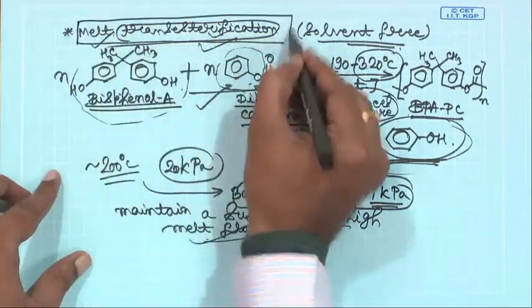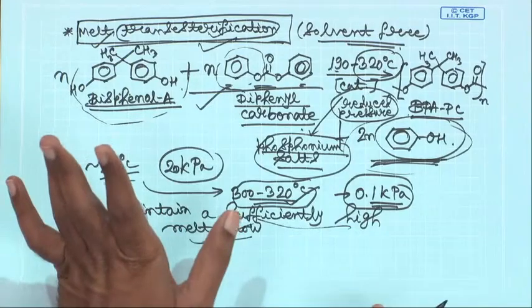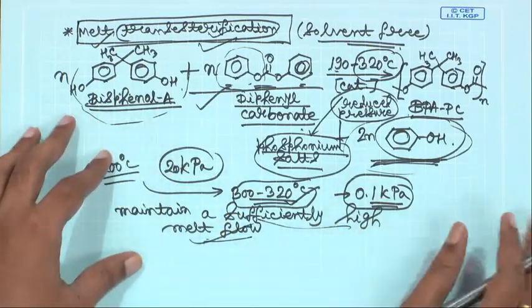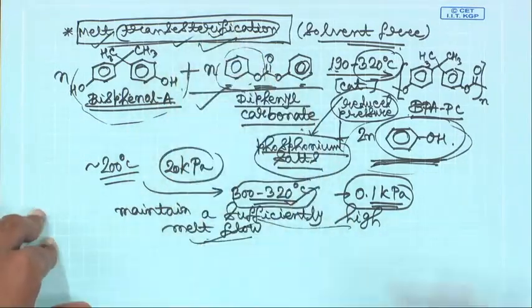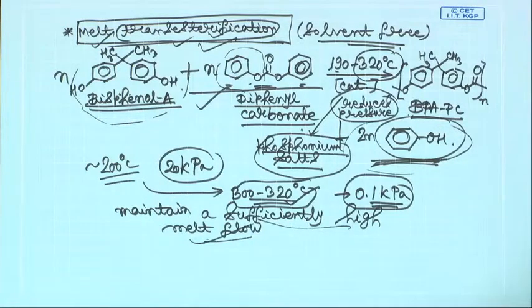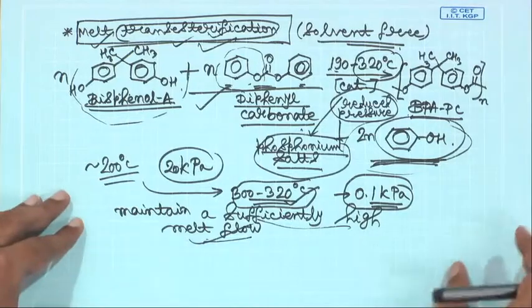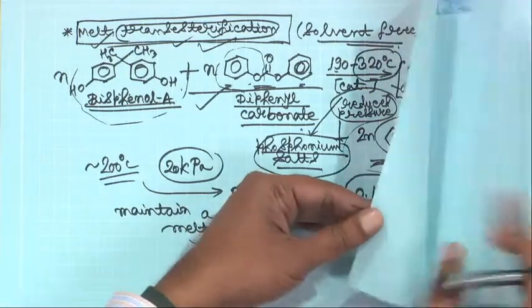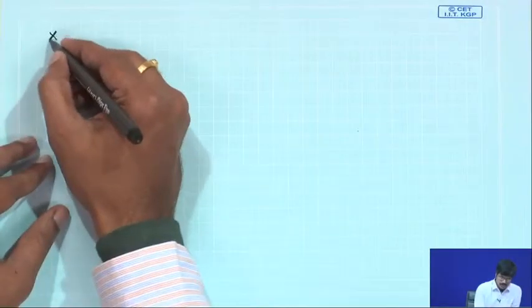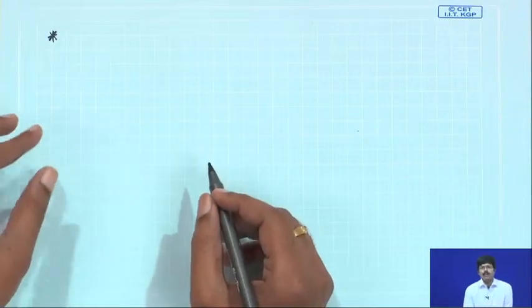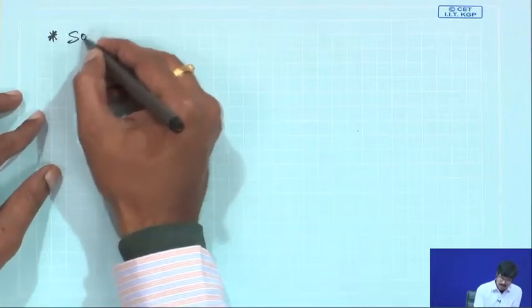In fact this melt transesterification process was the first industrial process for the production of polycarbonates. Now of course, we use also interfacial polycondensation, but melt transesterification was the first industrial process that was used for the production of polycarbonates. So, this is your second process, one is interfacial polycondensation and the other one is melt transesterification. The third process through which you can prepare polycarbonate is solution